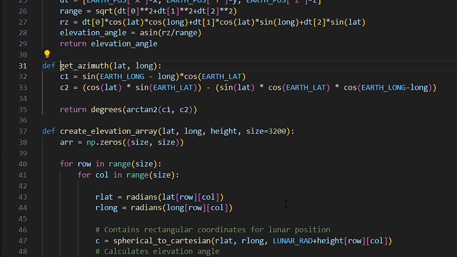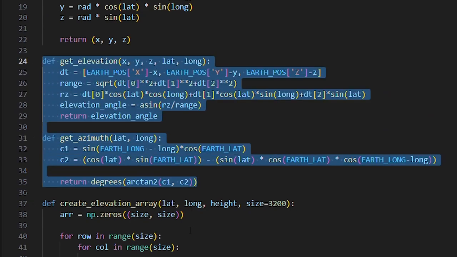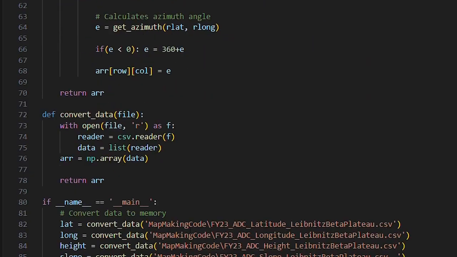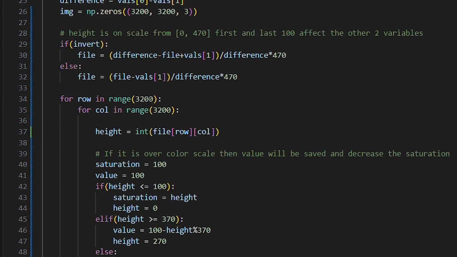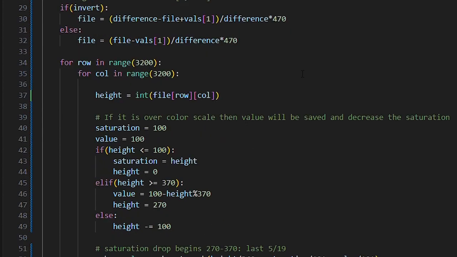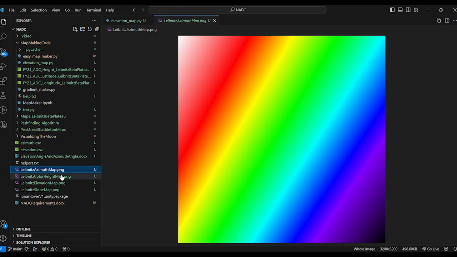We then could pass these individual 2D arrays into our map-making function. This function found the maximum value and the minimum value of the array and then scaled all other values according to this one. The scaled values were converted to an RGB value, which were all saved into an image. After getting the image, we created a texture for it in Unity and overlaid it on the terrain.